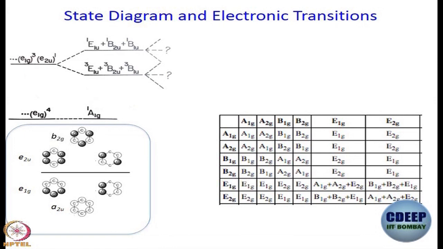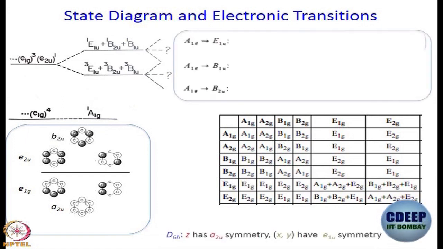By symmetry arguments you get 3 states, singlet and triplet. Triplet is written lower because, everything else being the same, triplet will have lower energy. But which of these singlet states is higher in energy, and which of these triplet states is higher in energy, you will need a more involved quantum chemical calculation. We are not getting into that. Are you okay? Any other question? Can I go ahead? Great.